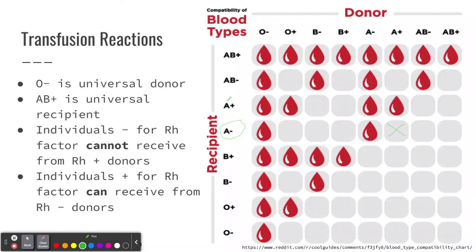So again, same type of concept. If I have A positive, they can receive from that A negative individual as well as O negative. And again, the reason for that is the surface receptors. So the reason is the body recognizes those antigens that are on the surface if they are not familiar with